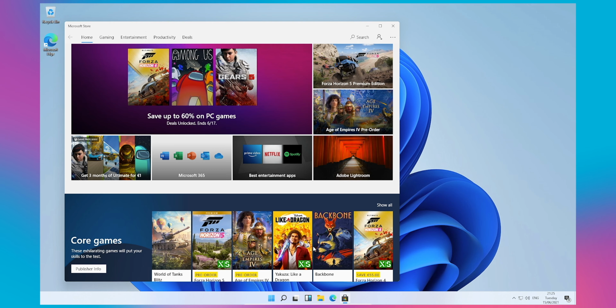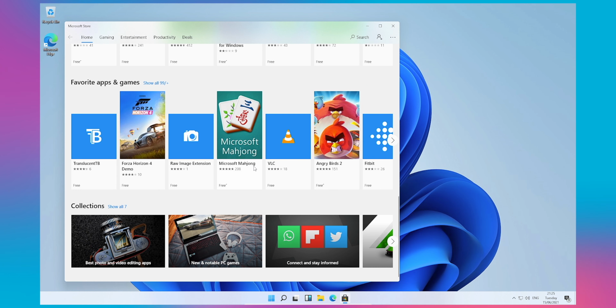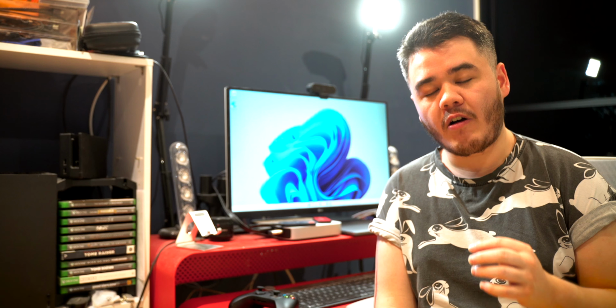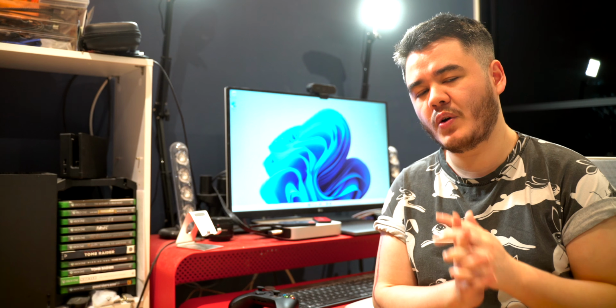Finally, I can predict that Windows 11 will be free to Windows 10 users. I will find it very hard to believe that Microsoft charges anyone to upgrade to Windows 11, particularly if you're on Windows 10. Now, there obviously will be a fee to pay if you're on an older system like Windows 7, because you're jumping a few generations ahead. But I really find it hard to believe that Microsoft will charge a Windows 10 user to upgrade to Windows 11.